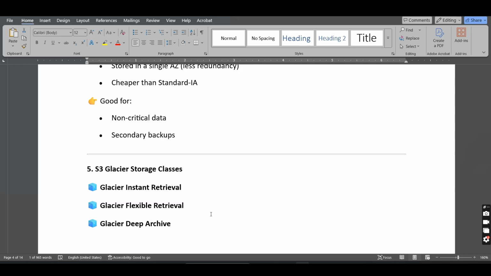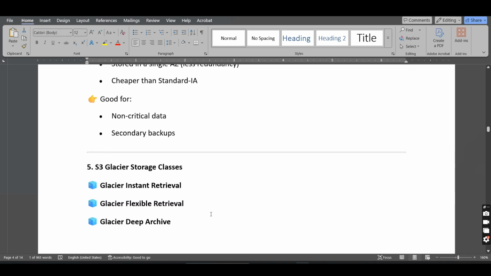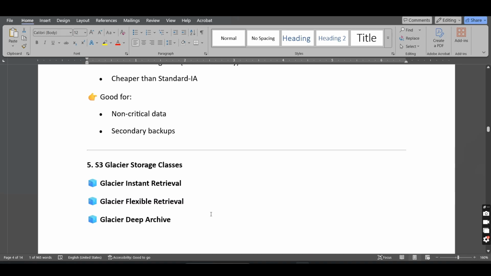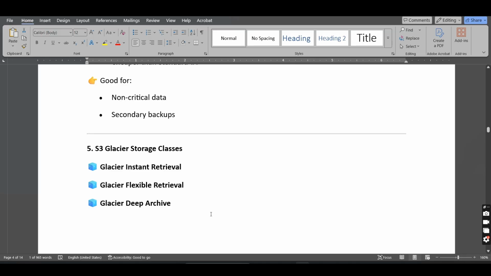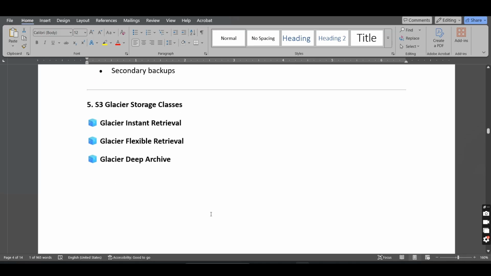These are all the sub storage categories available in the S3 Glacier storage classes. The backups, the records, the audits are kept in these S3 Glacier storage classes, guys. So this is how you can use S3 storage classes,